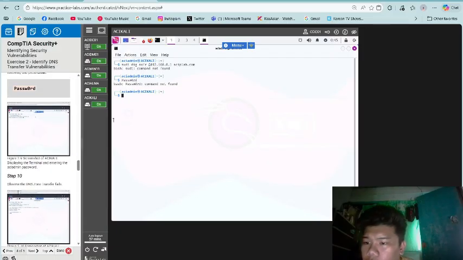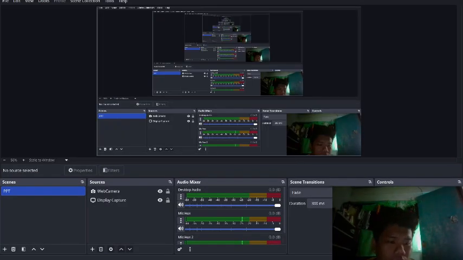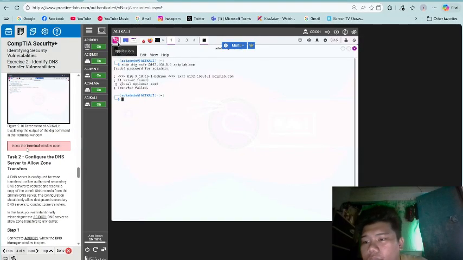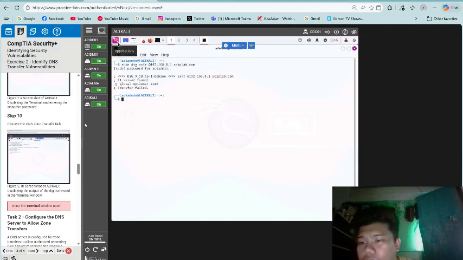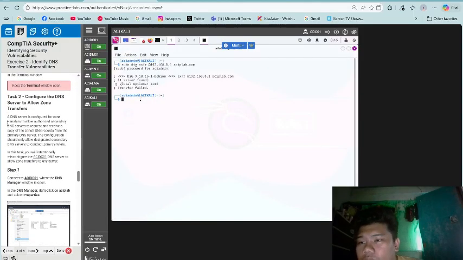Then step 10. Why is it not working? So once you observe the DNS zone transfer fail, we move on.